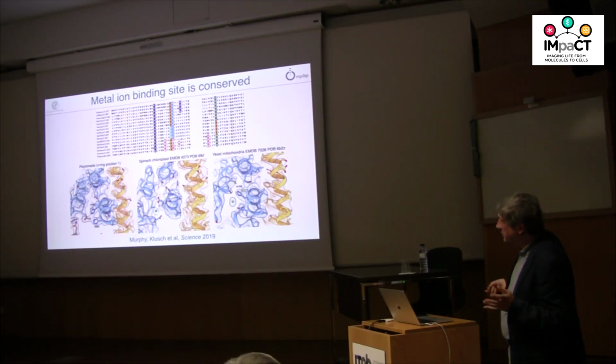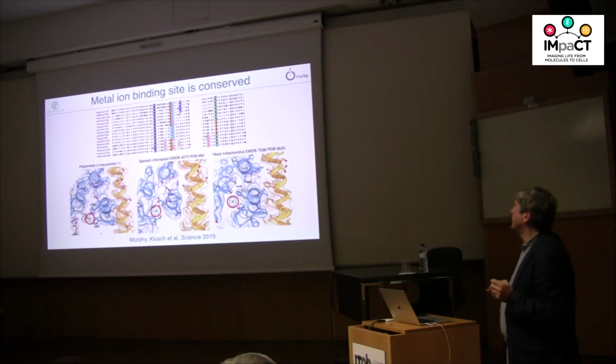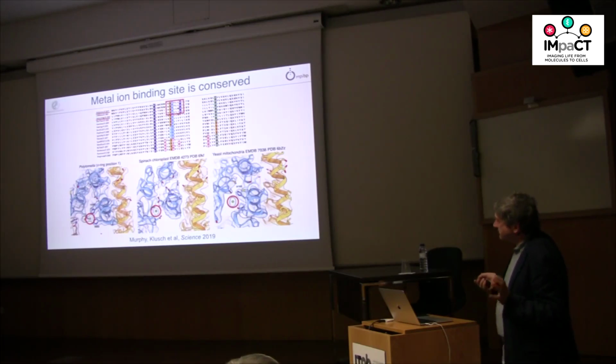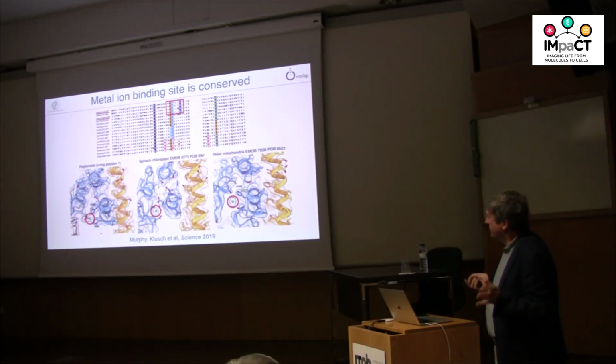Where the density was, we didn't know what it was. We now think it's a conserved ion binding site, and it's also there in yeast. So we think this has a central role. And interestingly, this is in Polytomella, which is our model, if you will. It's a derivative of Chlamydomonas, so it's a green alga,